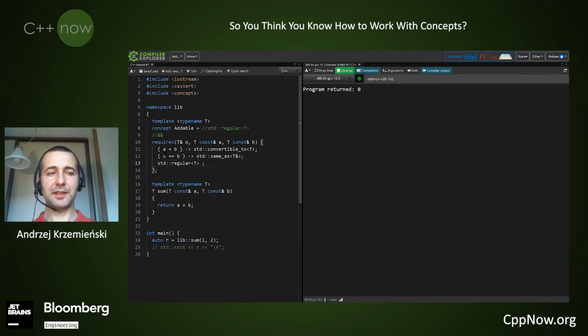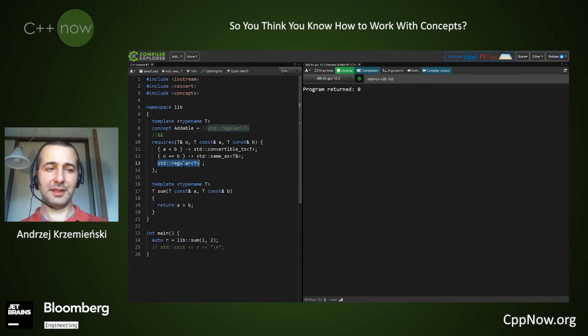I want regular and want plus and plus equals. It would compile and it would return true for regular types, but it would also return true for irregular types, because this actually checks whether I can ask if my T is regular, but I'm not interested in the answer.